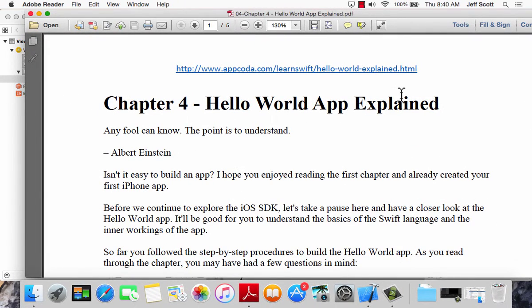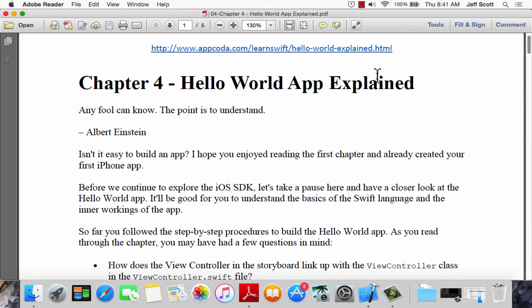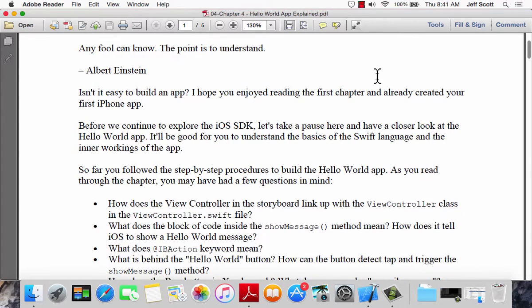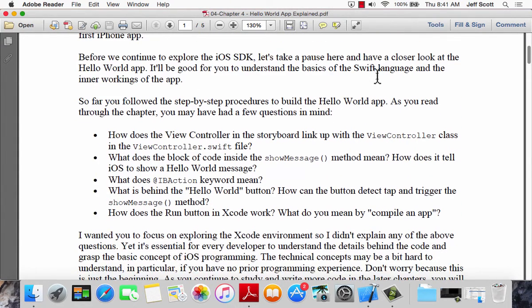Chapter 4 of this book, and we have the first 5 chapters, but we're going to talk about 4 right now, and there's not a lot in here. What this does is go over an explanation of everything we just did in the program. All right, so as you can see, it's a 5-page PDF. And the author says, before we go on to explore, let's pause here and have a closer look at the